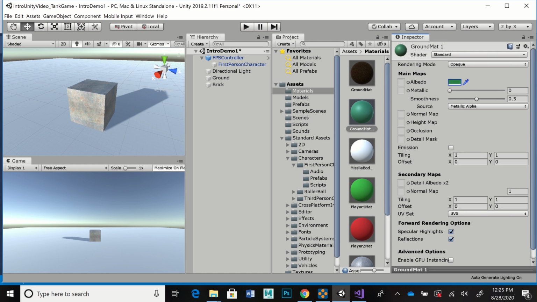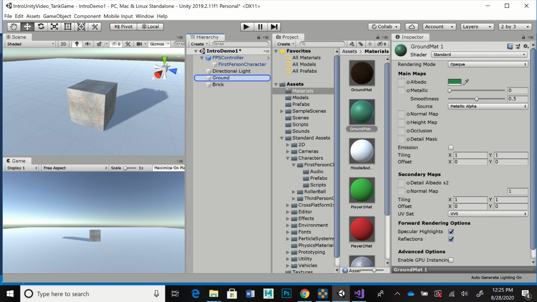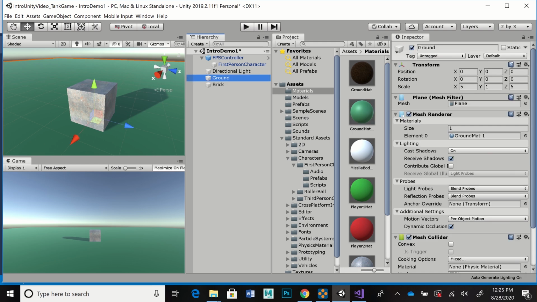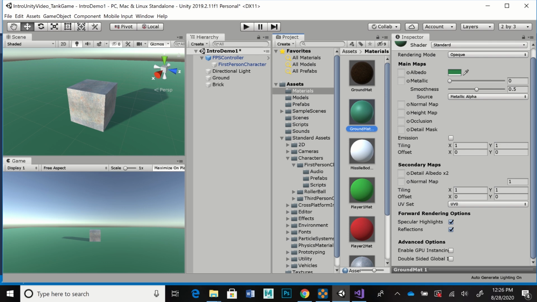And then if I want to have that on the ground, then I can just drag it onto the ground. I can drag it onto the ground in my hierarchy view or in my game 3D view. So either way is going to work to drop it onto that ground. And if you click on the ground object and you go to the bottom, you'll see that that material is there. I can go back to the material,